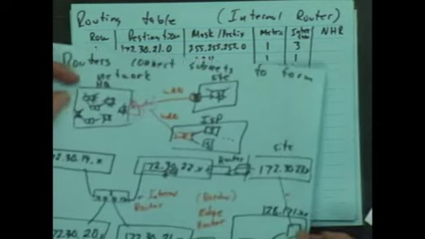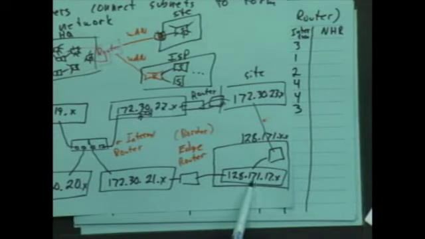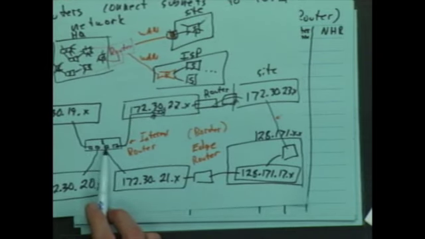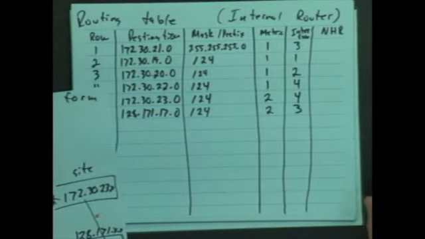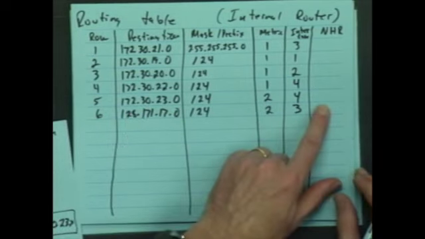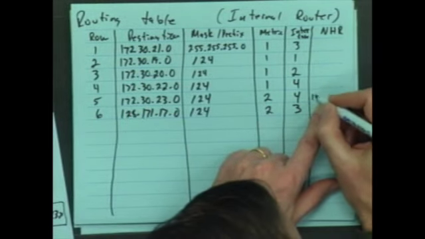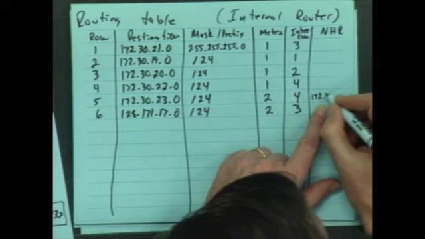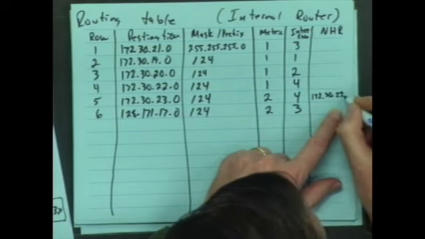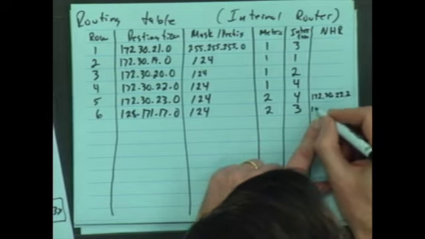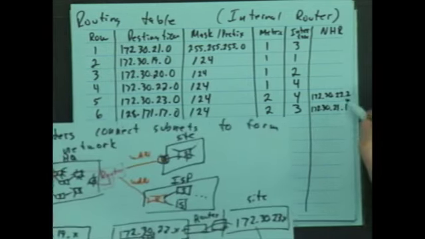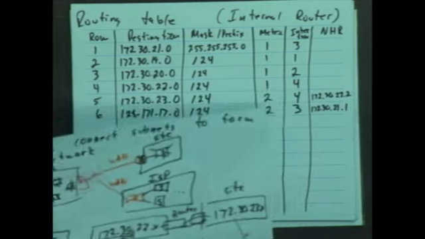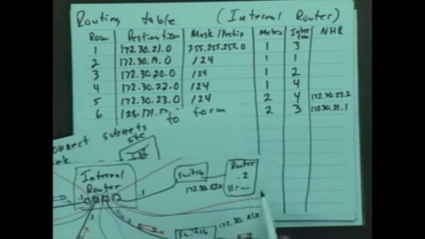Okay? So again, back to my bigger diagram. Here's 128.171.17. You all see that? It's out this port 3, so I get there through here, and I go 1, 2. Oops, and I forgot to put in my next hop router. Sorry, I needed to put that here. To get to that subnet, I have to go to another router, 172.30.22.2. To get to there, I have to go to 172.30.21.1. Okay? So 22.2 is this router, and on our other diagram, it's right here,